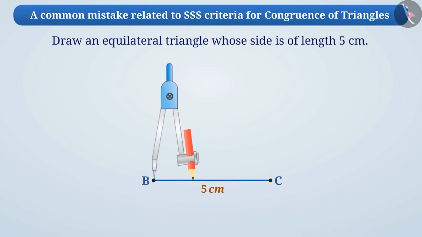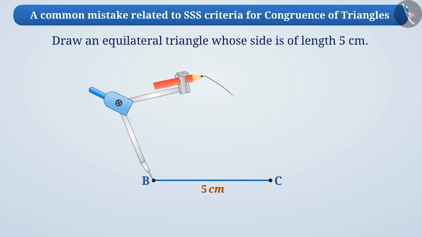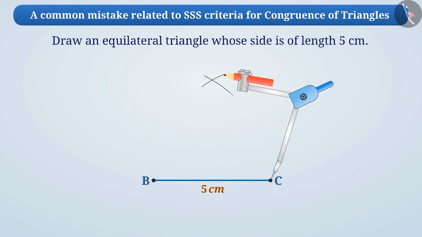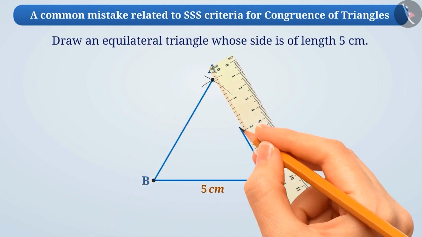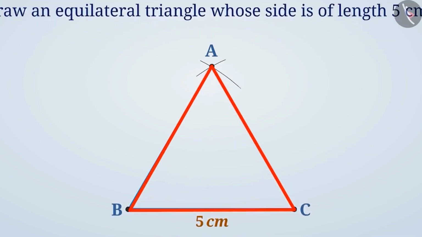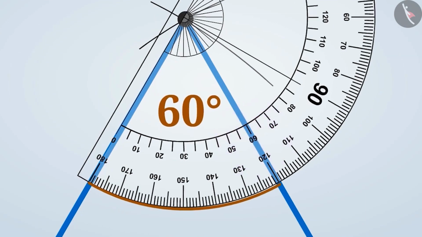Then, using the same length equal to line segment BC in the compass, we will draw an arc from B. Keeping the same length in the compass, we will make another arc cutting the first arc from C. A is the point of intersection of the arcs, and joining the points A to B and C, we obtain the triangle ABC. If we measure its angles with the protractor,